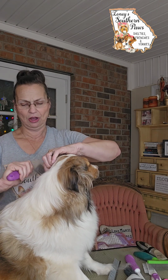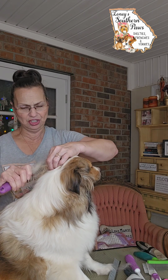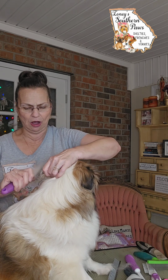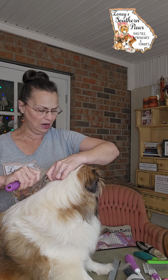Behind the ears is always going to be a challenge because their fur just likes to mat more behind their ears. I think it's because they scratch and stuff, and the fur there's super soft. It is a very soft textured fur. And as you can tell, this one's giving me a little struggle. So I'm gonna get this little comb here, and I'm